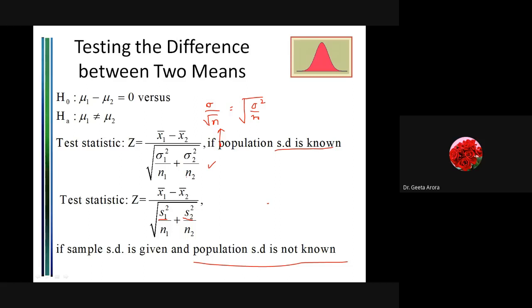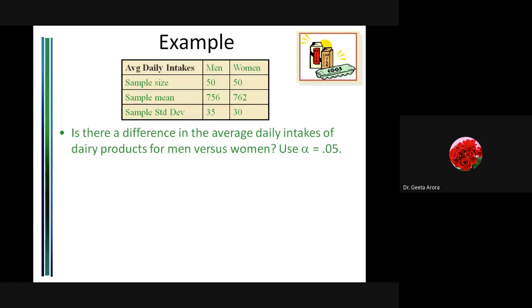You can remember only one main formula. Whenever we have the same sample size, take n1 and n2 as n. If sigma 1 and sigma 2 are not given, take s1 and s2. So learn this main formula, and then you can write the required formula with the changes as and when required. Correct? So let us start directly with the example, because no more theory is left to be learned.